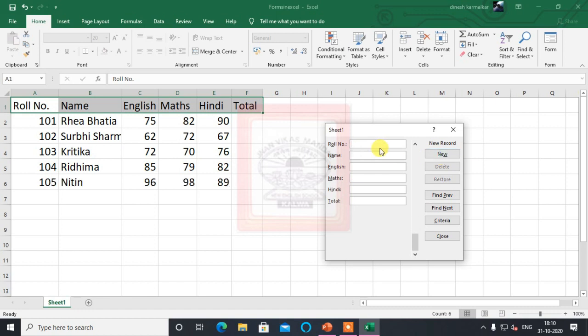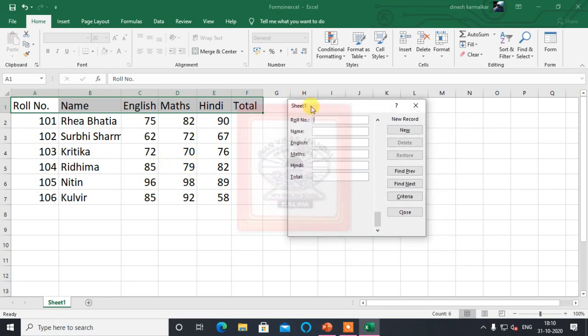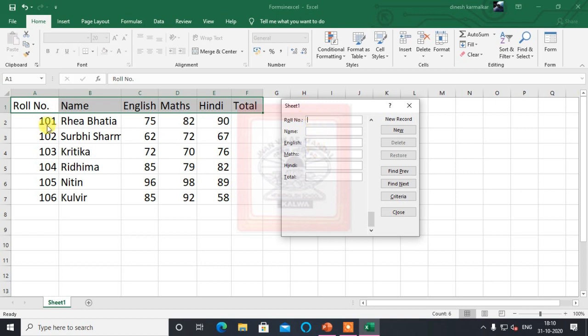A new record, and one more record is given in the book, so that also I am typing here, 106. This is given on page number 36 of your workbook, so from there I am typing all the data. Everything has been typed now. This way I added all the records. So this way you have seen how you can add records with the help of the form. This is the form we have designed, and whatever you type in this form automatically goes into the sheet. So I will close this form now.